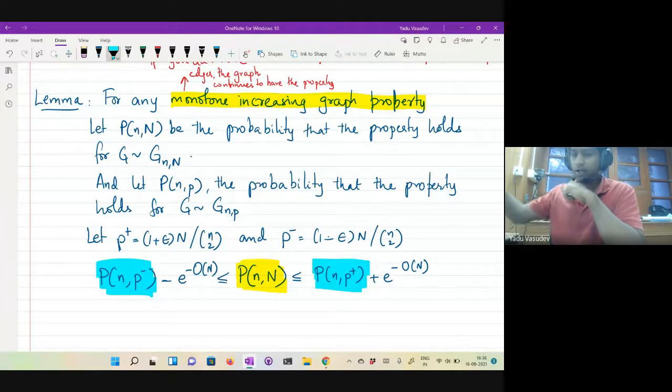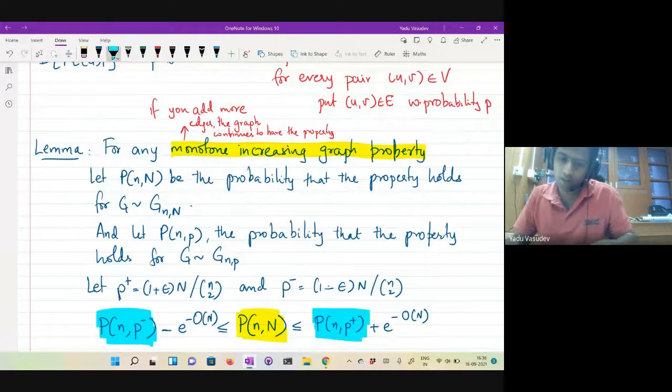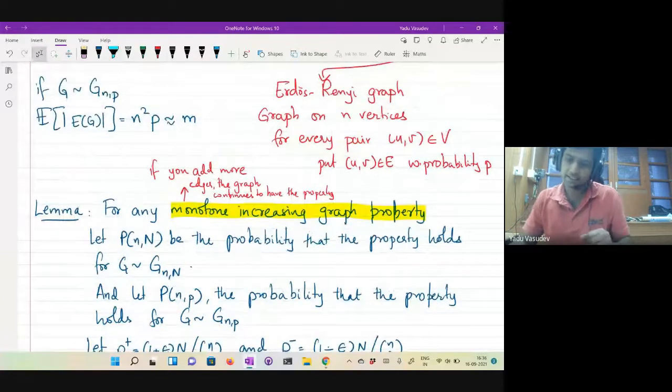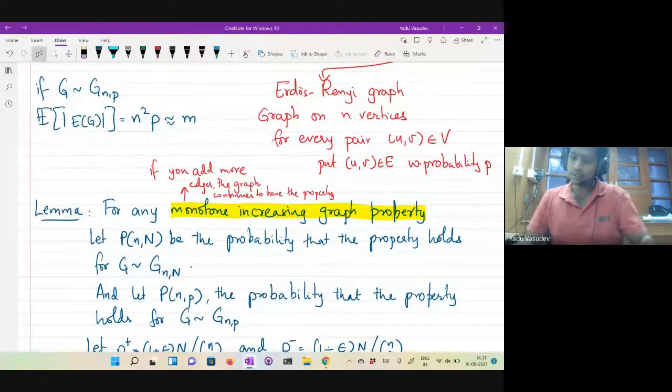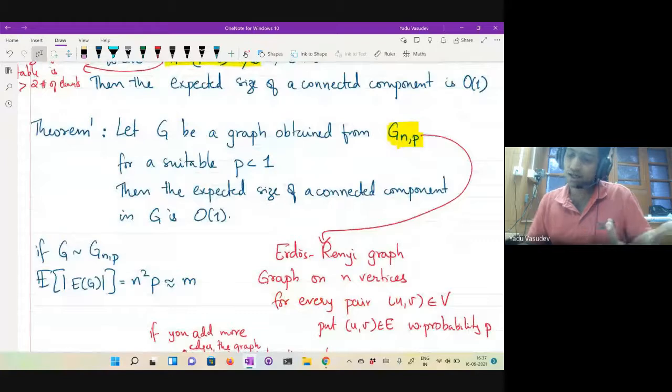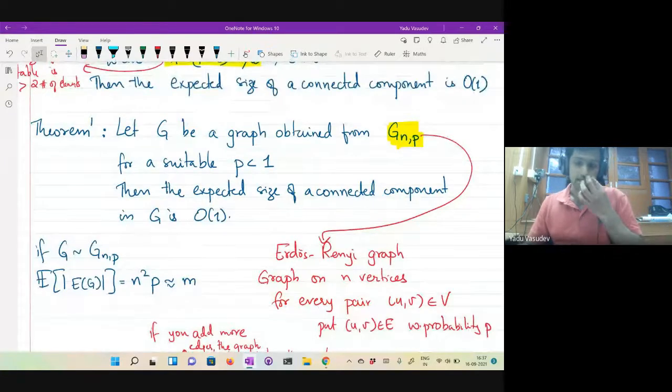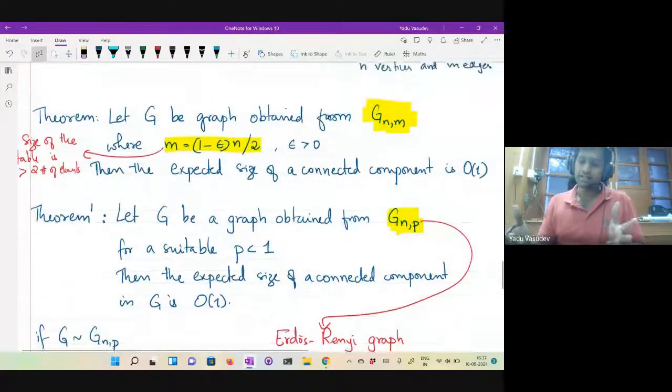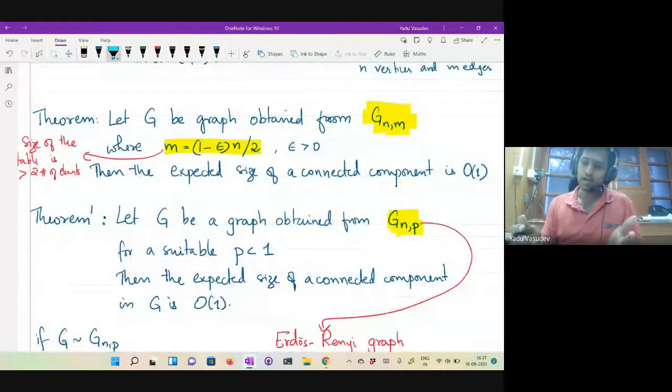All right. So now, what we can do is we are going to analyze this algorithm. So we are going to bound the fact that the connected component size is going to be a constant, by assuming that the graph is an Erdos-Renyi graph instead of the actual graph that is going to come up, right?